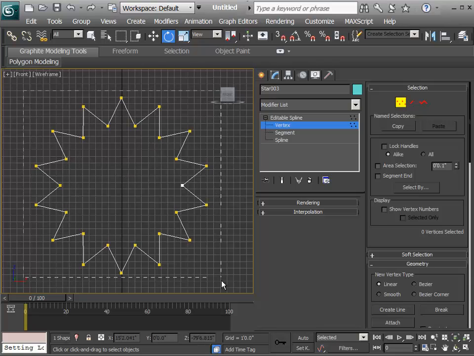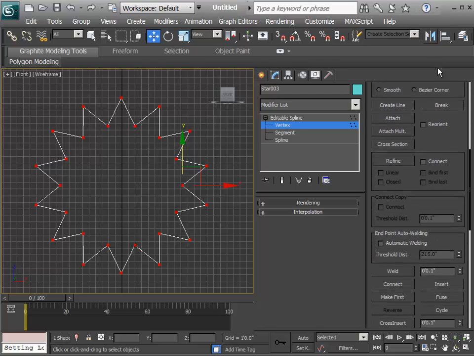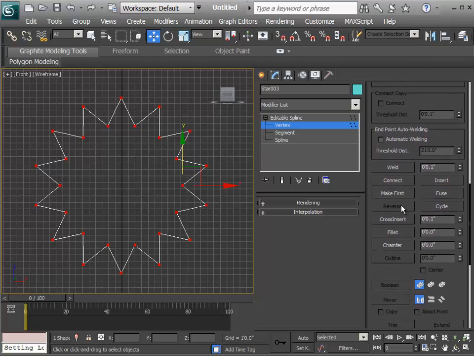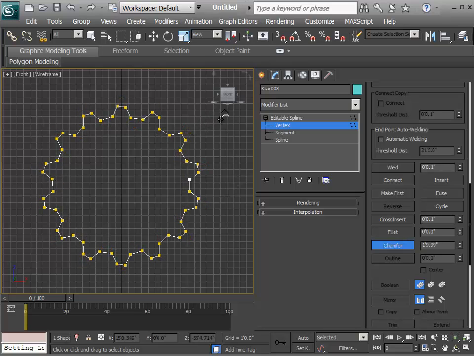And then selected all the vertexes and went over into, here we are, the chamfer. Turn that on with all the vertexes selected, and then just chamfered them to create this kind of gear shape,